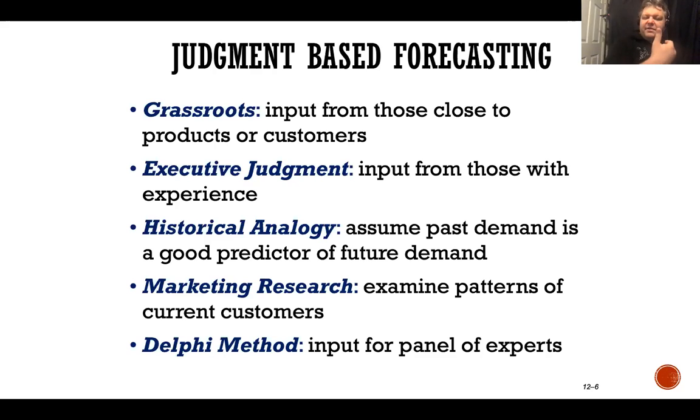Chances are, after our pandemic, after our depression, our recession, if we have another downturn in the economy, what's one of the first things that'll pop back up? People will go to restaurants again. And again, as we've started lifting some of the restrictions for coronavirus, people are going to restaurants. Why? Because people enjoy eating out. Plus, it's a chance to bond with other people, to have family and friends there if you're celebrating a birthday or an anniversary or a graduation or something. So, historical analogy, this happened 100 years ago. Chances are it's probably going to happen again. After you come out of a recession, you have this.